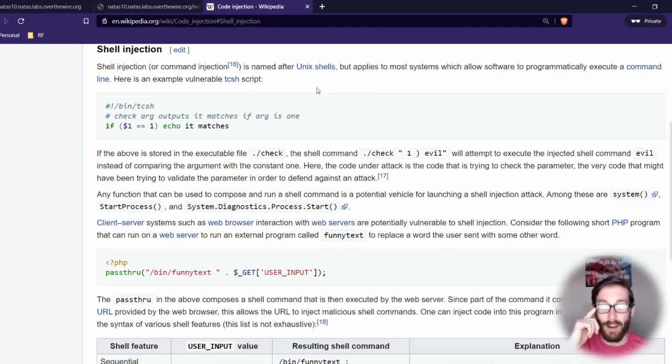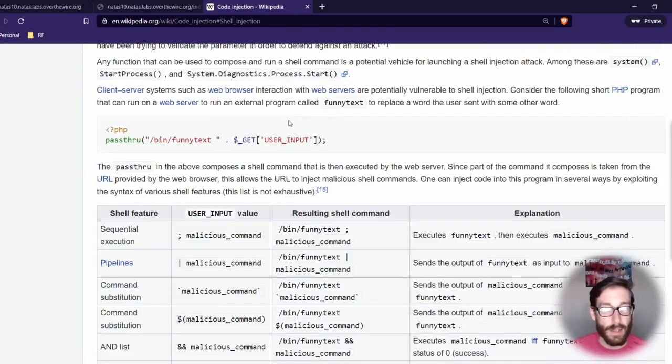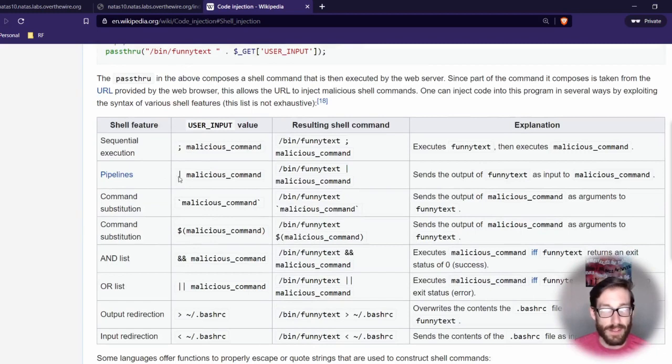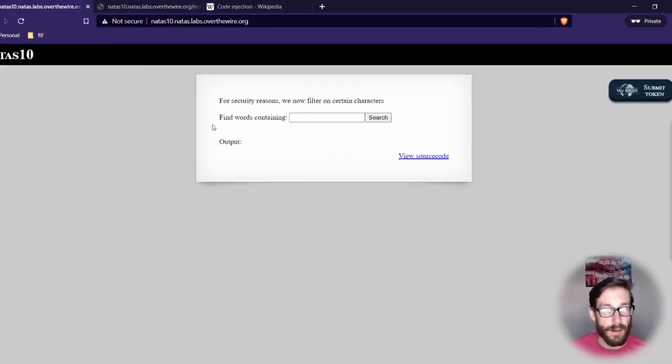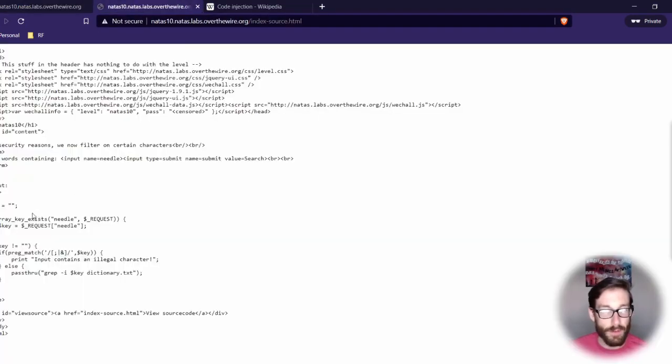here we are back on the Wikipedia page I was referring to. On the Wikipedia page, remember that we had all these different symbols, right? All these different symbols that we could utilize to run a command within an input that's been provided to you and actually execute something. And if you look back here, a lot of the symbols that we've relied on that have been useful, such as the backslash, backticks, and straight bars, are all being sanitized.